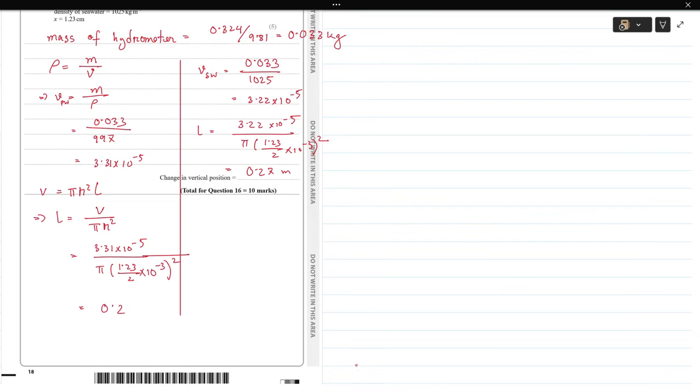Actually we should take it to more significant figures. This is 0.2786